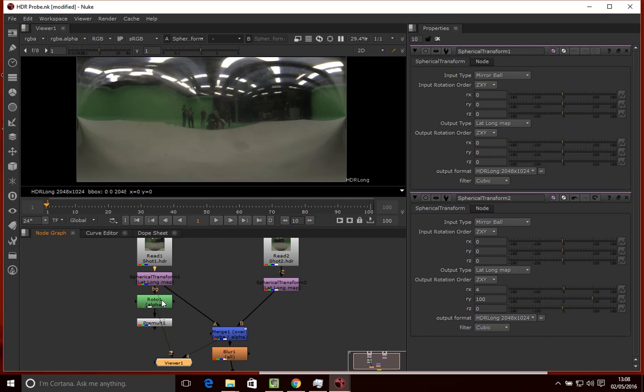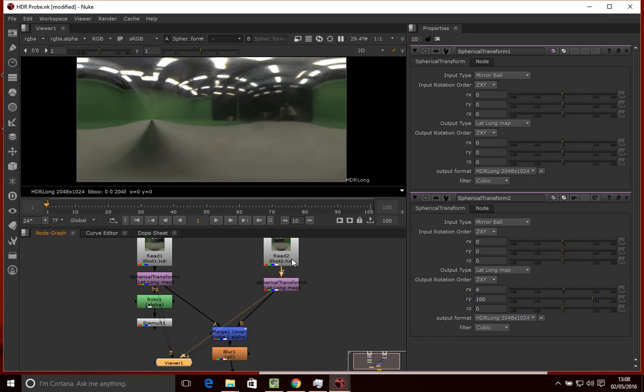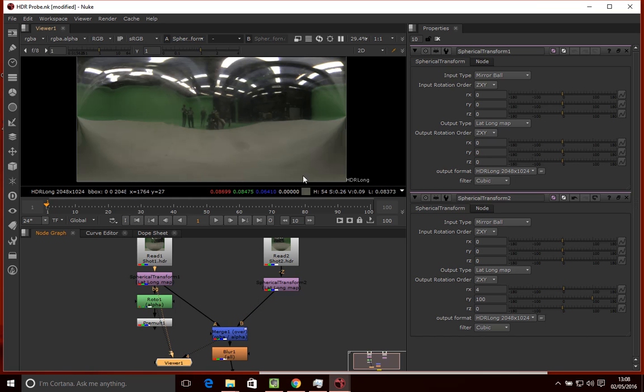Okay, so that's image A, and then this is image B. You'll see that in both images you can see me, and then there's a bit of distortion. So there's me there and a bit of distortion there, and then in image A, you can see there's me there, and then there's some distortion at either edge here. Okay, so what we're going to do is take image A